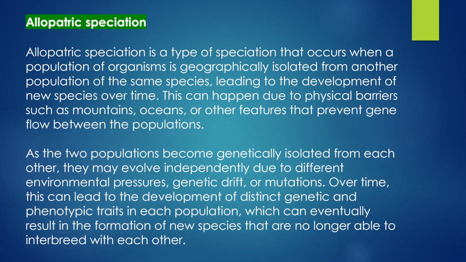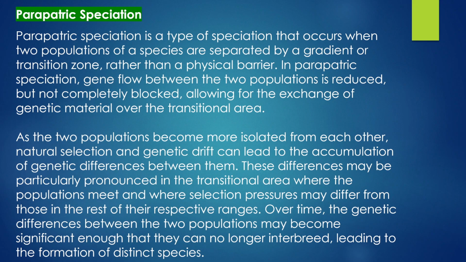genetic drift, or mutations. Over time, this can lead to the development of distinct genetic and phenotypic traits in each population, which can eventually result in the formation of new species that are no longer able to interbreed with each other. Now, parapatric speciation. Parapatric speciation is a type of speciation that occurs when two populations of a species are